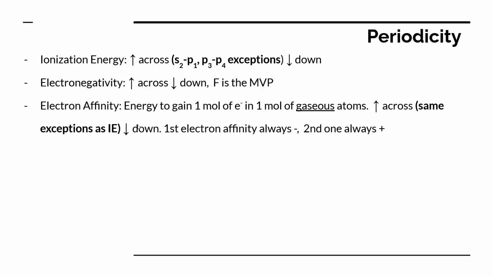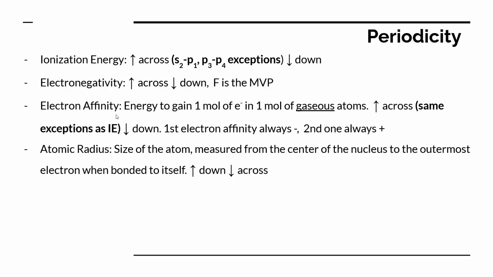Now, electron affinity is going to be new, and electron affinity is the energy to gain 1 mole of electrons in 1 mole of gaseous atoms. Electron affinity increases across and decreases down, with the same exceptions as ionization. Now, the first electron affinity is always negative, meaning that the atom will become more stable after it gains that electron, but the second one is always positive due to the newfound repulsion between the electrons. This is also going to be measured in kilojoules per mole, I believe. It will be in your data booklet